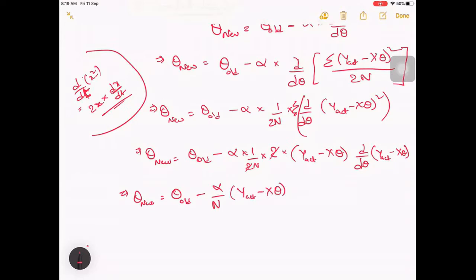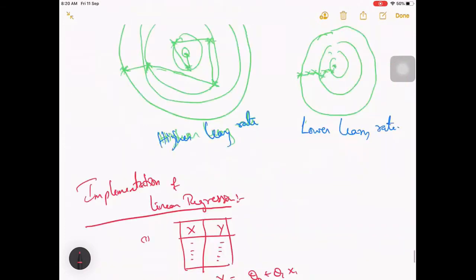So into this, y actual is just a constant. So derivative of that will again be a constant, right? Now in case we are multiplying this, it's x theta, right? So x is anyway independent of this theta, because x is just numbers here, right? So it is also a constant.